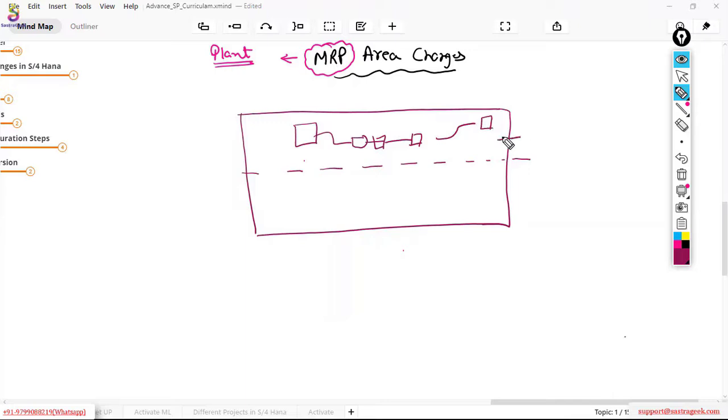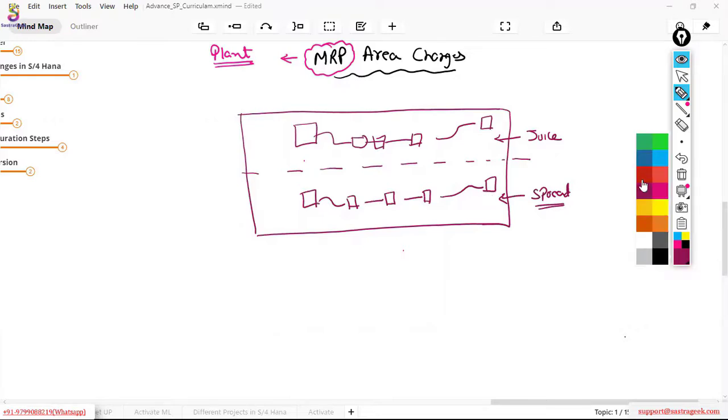This can be a juice line, and this can be your bread spread line. Two different manufacturing lines are producing two different products. And in huge, big plants, for the different lines there can be different entry and exit gates, and there can also be a different warehouse storing the materials.